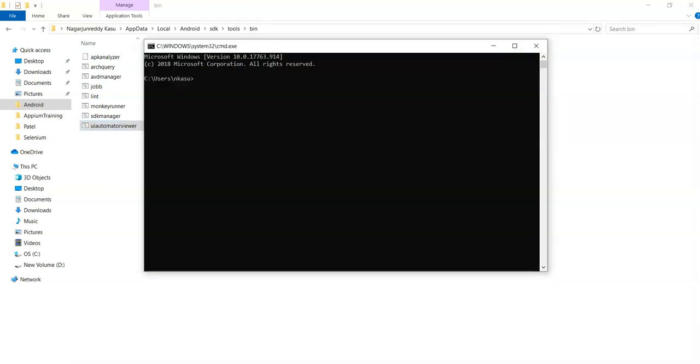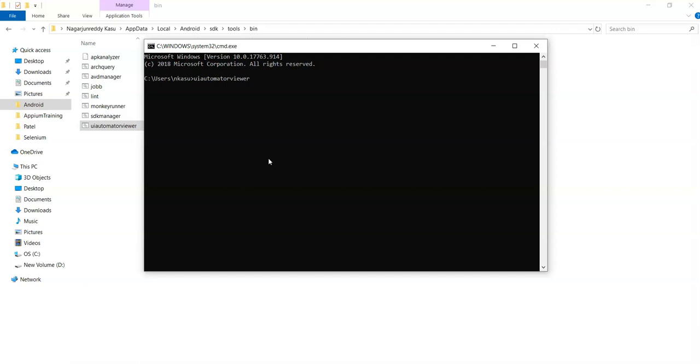Now second approach is from command prompt. So open command prompt and type UI Automator Viewer. So simply type UI Automator Viewer command and then hit enter.